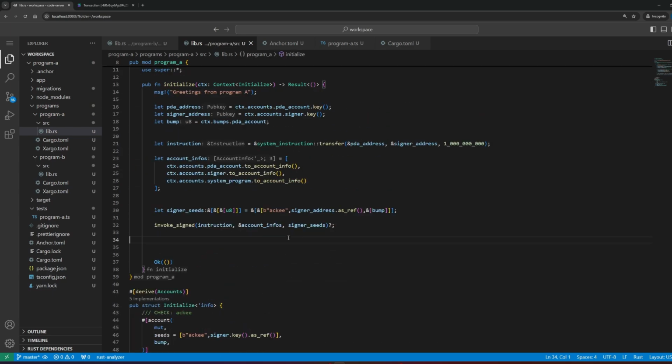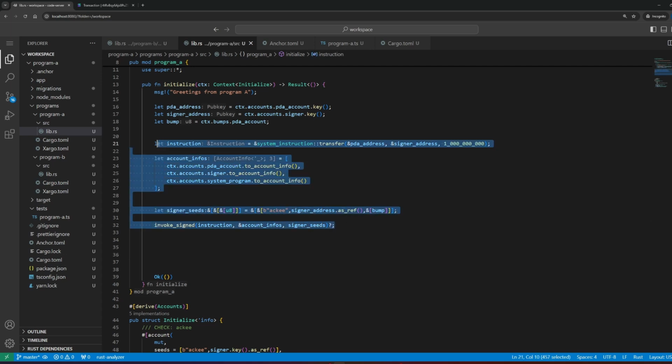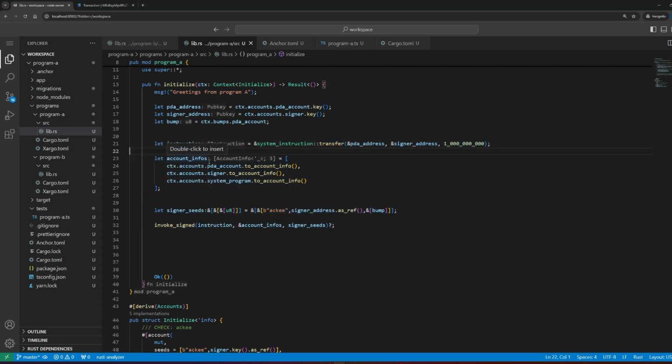So the process of writing CPI to the system program might be not the clearest one. So Anchor has a slightly different approach, and it defines some additional stuff. So the calling to this second program within the workspace is, I would say, more clear. So in order to call program B,